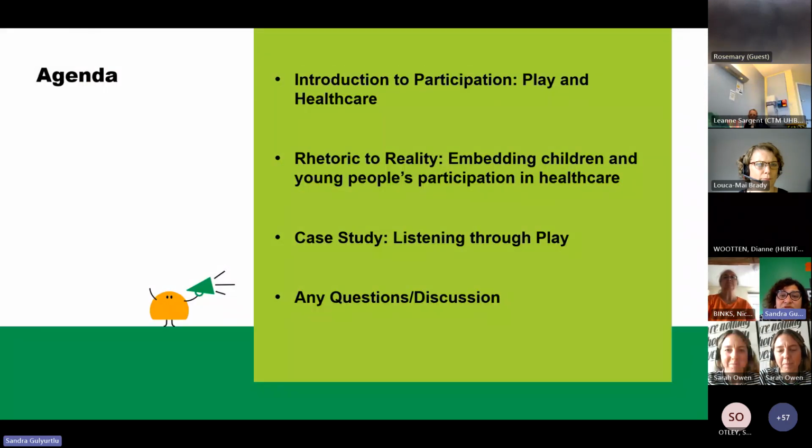We have quite an action-packed agenda. We're going to start with an introduction to participation, followed by a presentation by Dr. Brady about the rhetoric to reality of embedding children and young people's participation in healthcare. I will also be giving a bit of a case study about how Starlight has done this. Then we have a few questions for you, but we will also open up to questions and discussion. Joining me is Sarah, who will be fielding the chat and pulling all your questions. If you would rather just put them in the chat, we'll aim to respond to all your questions. So without further ado,